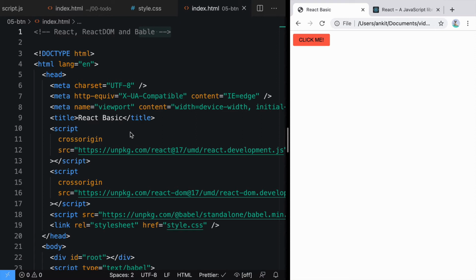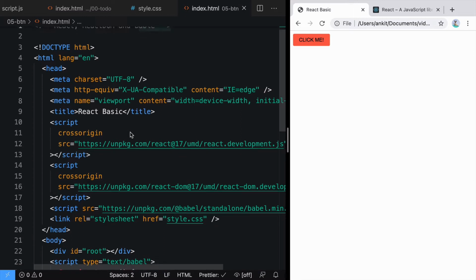In this video, we are going to talk about the toolchain that we will be using for writing React applications. You must be thinking, what is toolchain? So toolchain is a collection of tools that makes it easy for you to write specific kind of application. So here we are talking about writing React applications.